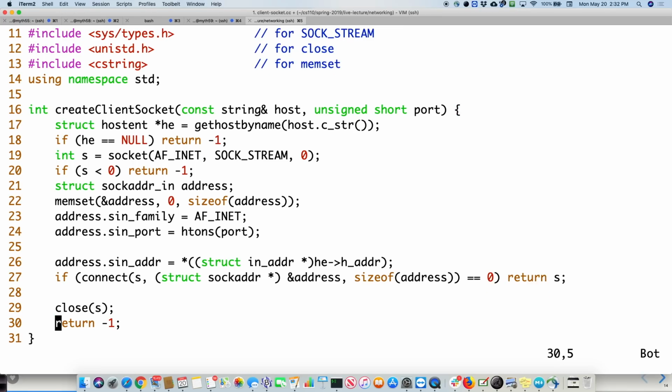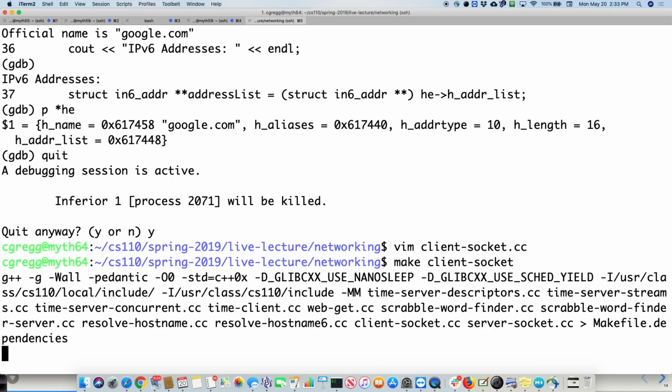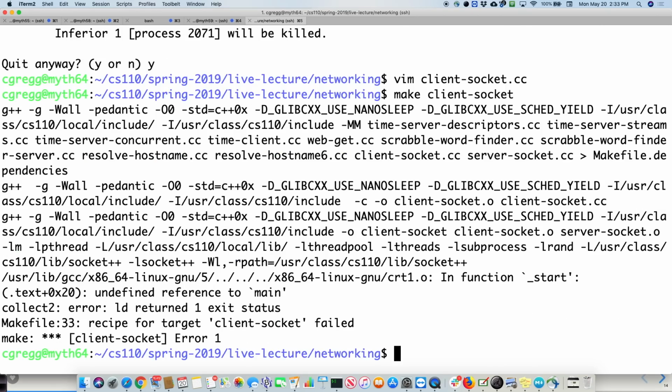So that's the client connect function. All right, let's actually make it and see. Did anybody see any client socket? Let's see if that works. Hey, client socket. Okay. Oh no. I know why. If we just type make in this case, it would work because it's actually a library function that doesn't need a main function. So we don't have main in there.